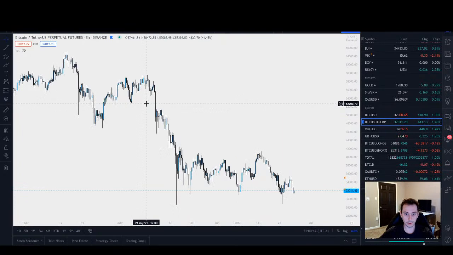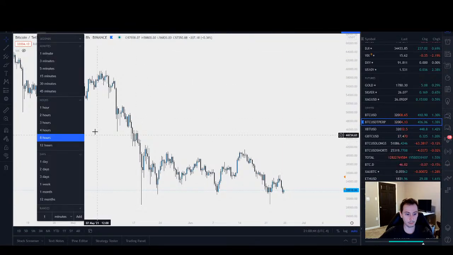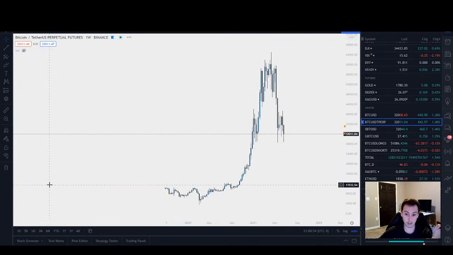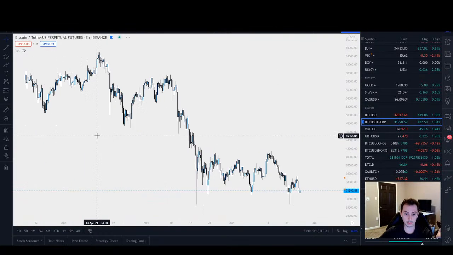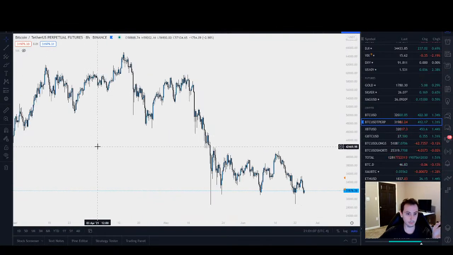So here's Bitcoin, 8-hour time frame. Let's go ahead and zoom out. When I want to get a fresh perspective, or when I'm looking at a new chart, the workflow I've developed is to start on a high time frame and then work my way down to the lower time frames. And if I'm considering trading, which I've only made a handful of trades in my life,